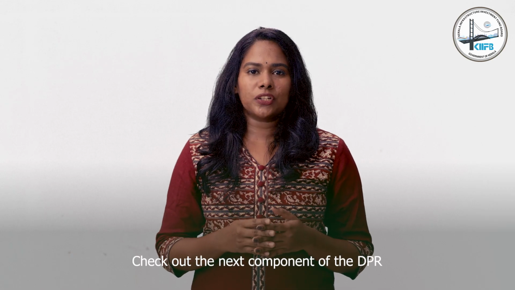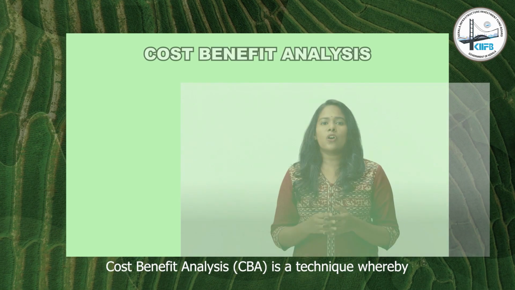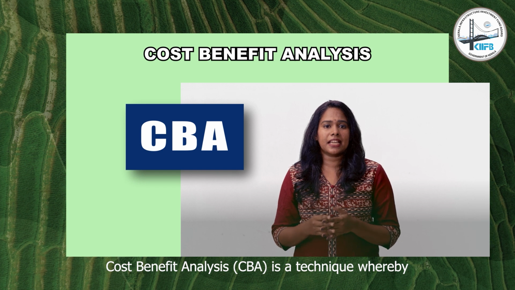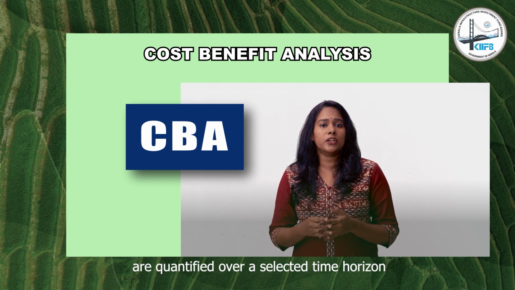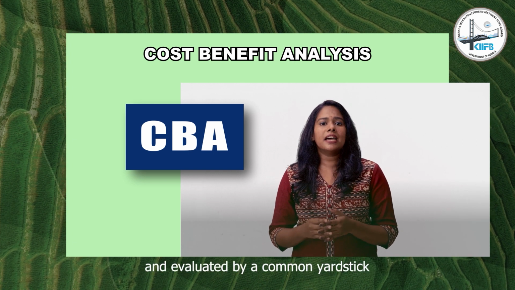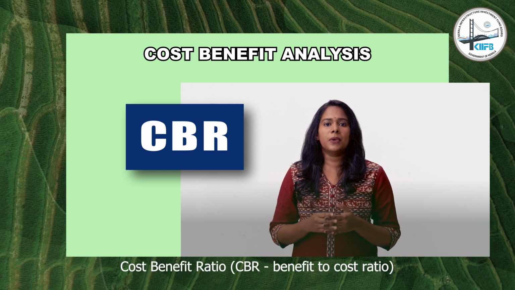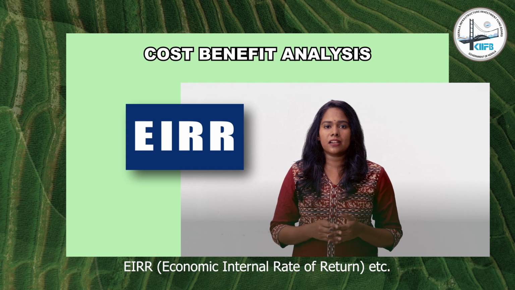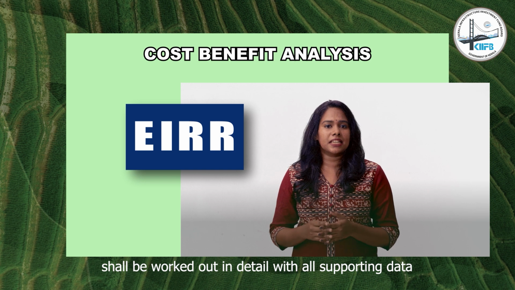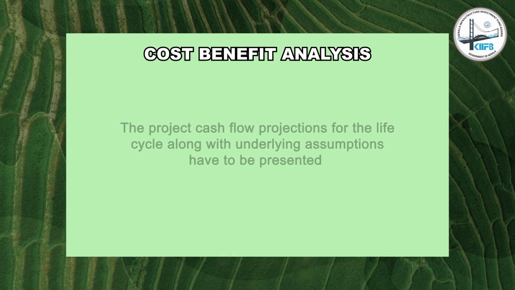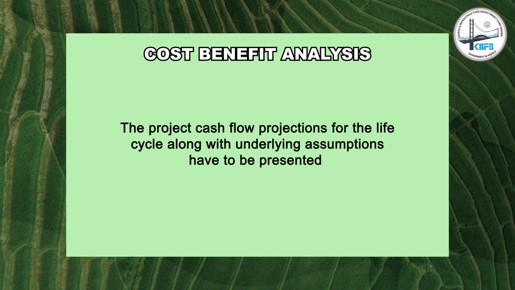Check out the next component of the DPR, cost-benefit analysis and investment criteria. Cost-benefit analysis (CBA) is a technique whereby the cost of and benefits from a scheme are quantified over a selected time horizon and evaluated by a common yardstick. Cost-benefit ratio (CBR), benefit to cost ratio, EIRR, economic internal rate of return, etc., shall be worked out in detail with all supporting data. The project cash flow projections for the life cycle along with underlying assumptions have to be